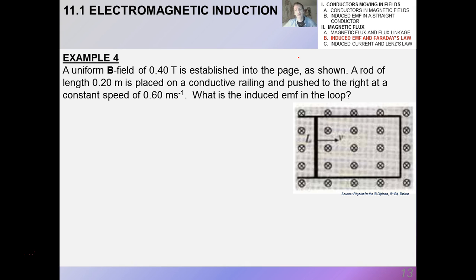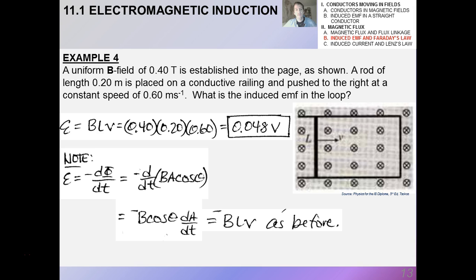So here's the sliding rod, length 20 centimeters, placed on a conductive railing, pushed to the right at constant speed. Find the induced EMF. Pretty simple, right? E equals BLV in this case because everything is orthogonal. 0.48. And I want you to note that by Faraday's law, the induced EMF is negative d phi by dt,